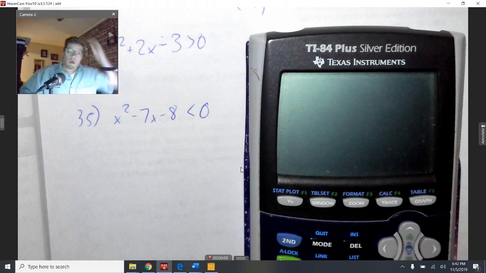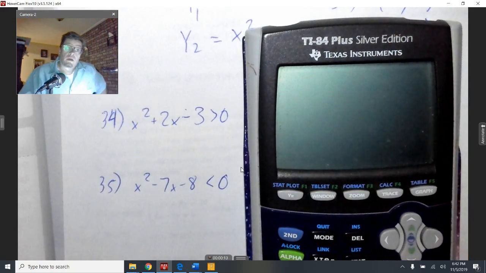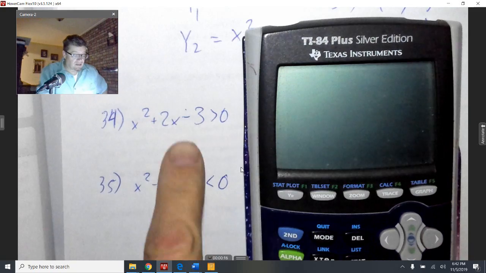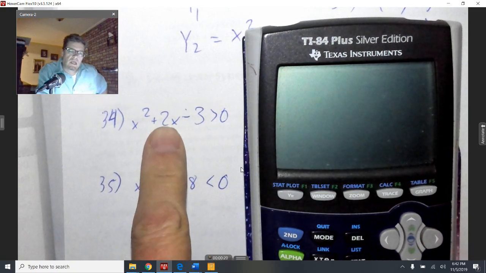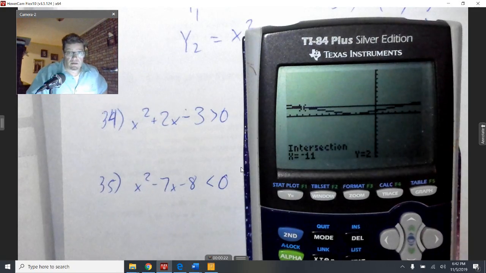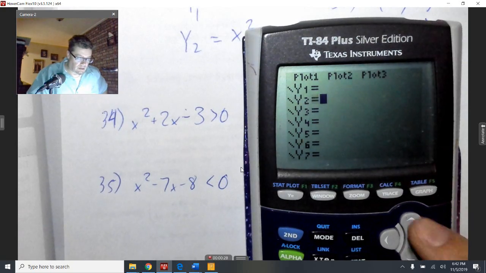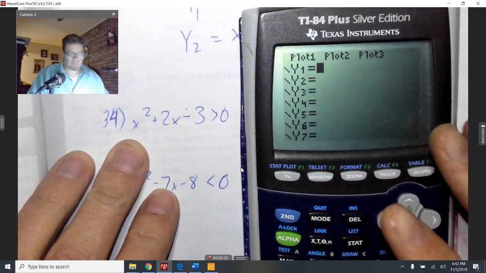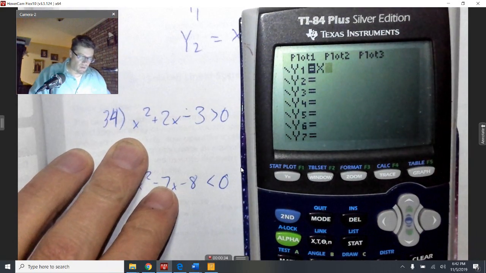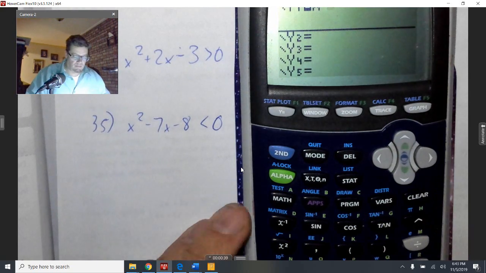Yeah, okay. So for 34 and 35, graphing calculator, these guys are in standard. We're going to learn how to graph these in the next unit, and so we're going to do it by hand. All right. So I'm going to go to y equals. I'm going to clear these guys. Clear. Go back up. I'm going to type this: x squared. I hit the square button right here, plus 2x